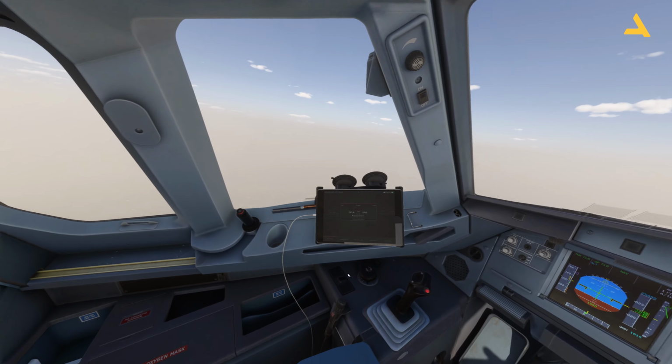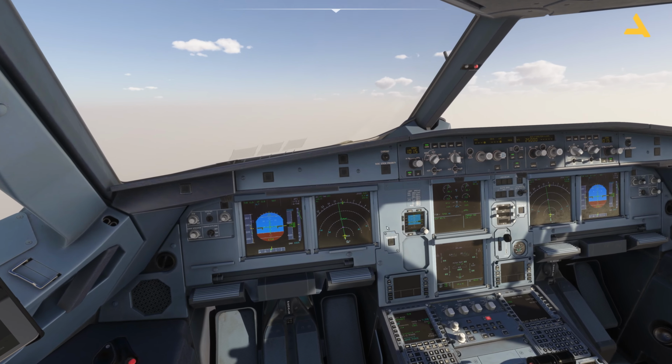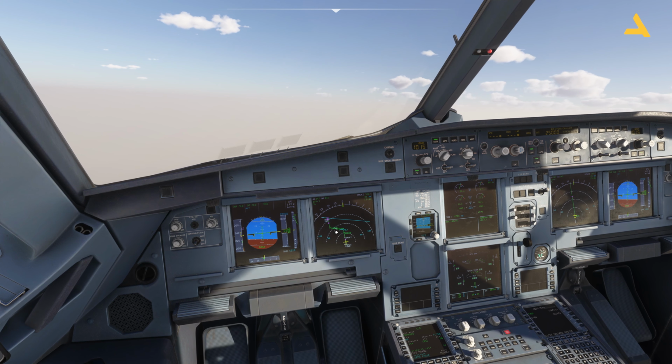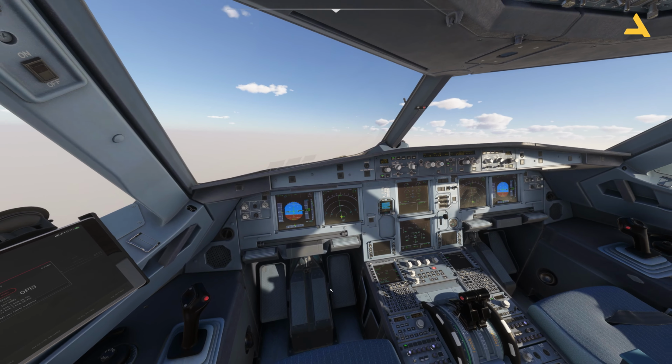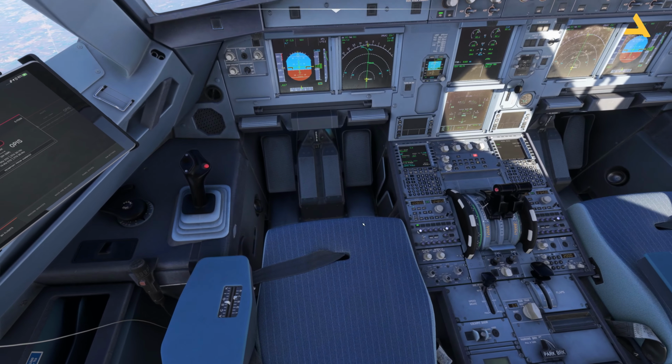So now the plane is climbing, and let's wait for the top of descent. Let's see if I can see the top of descent over here. Yeah, it's coming. So then I will just take you from there. Now I'm near the top of descent. So let's prepare the plane for the